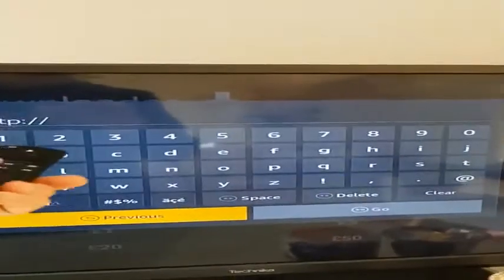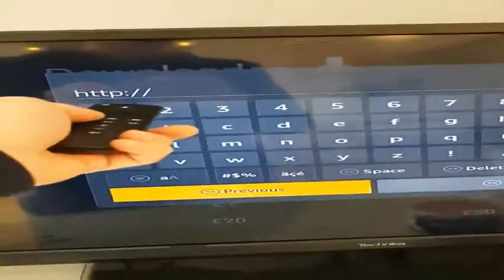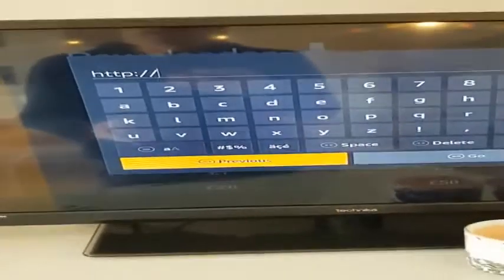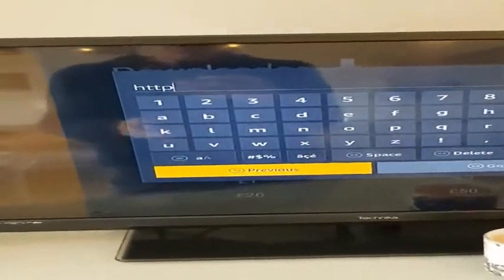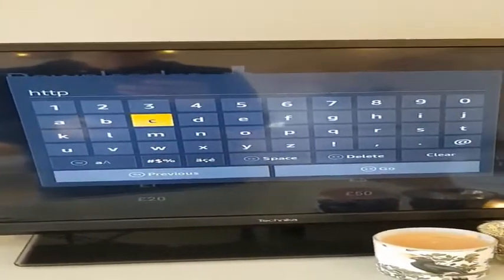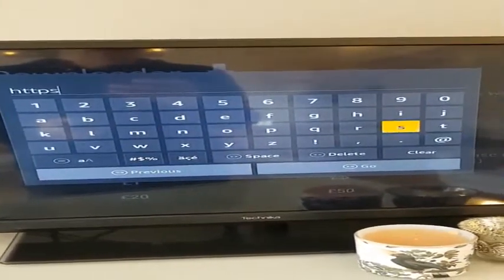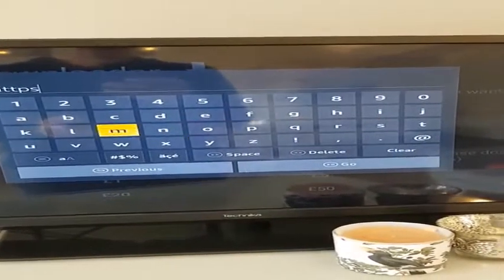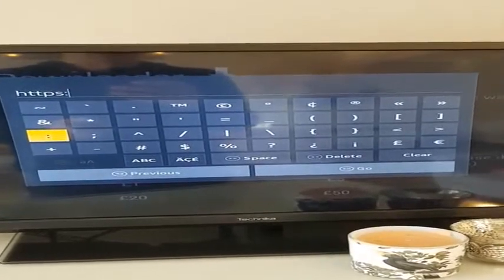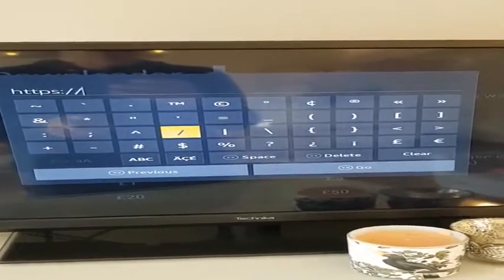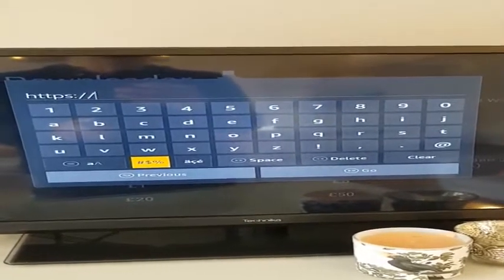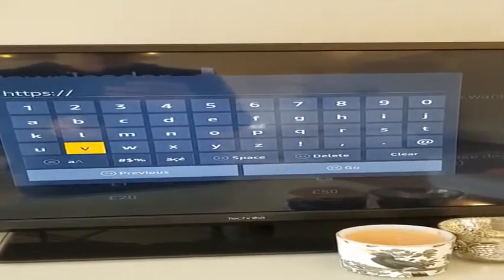Now the reason I'm going to do a backspace is because it's got http:// but it needs to be https for this one. So I'm just going to backspace to delete those, and I'm going to just pop in an S. And now I have to hop over to the symbols page and type in a //, and then hop back to the letters page, and it's tiny